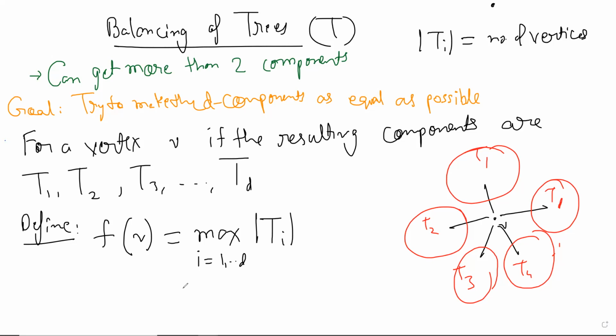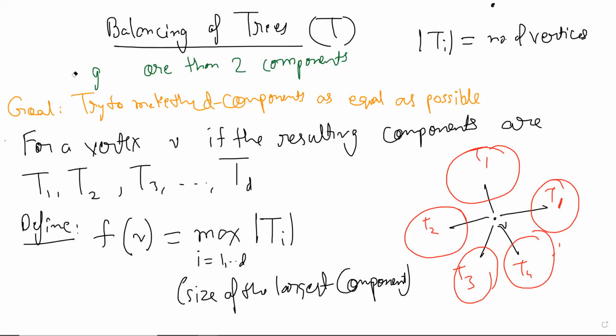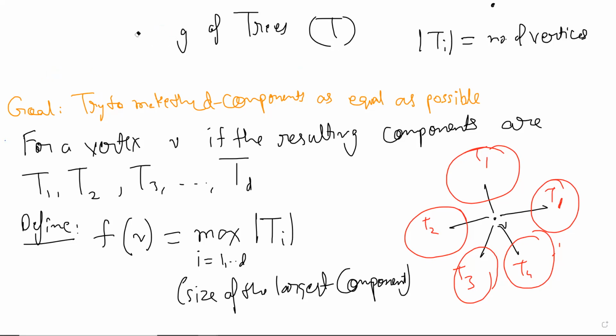So this is just the size of the largest component. Does everybody agree with this? That's basically what it is. If that is okay, if not, please ask. If that is okay, then